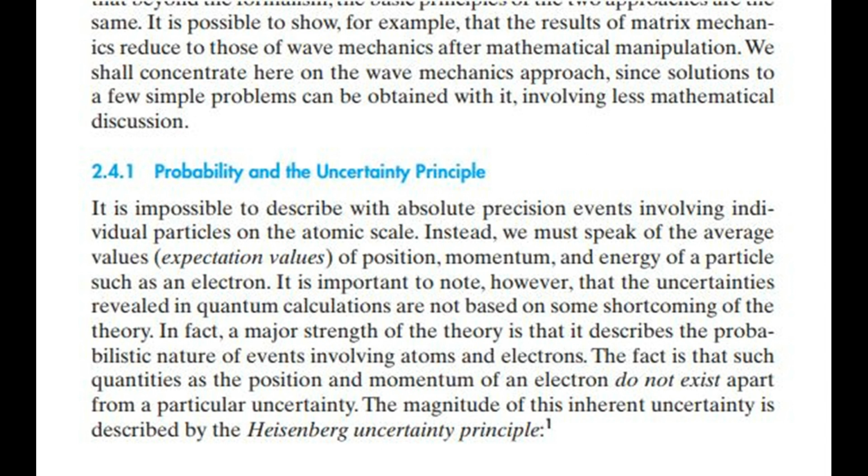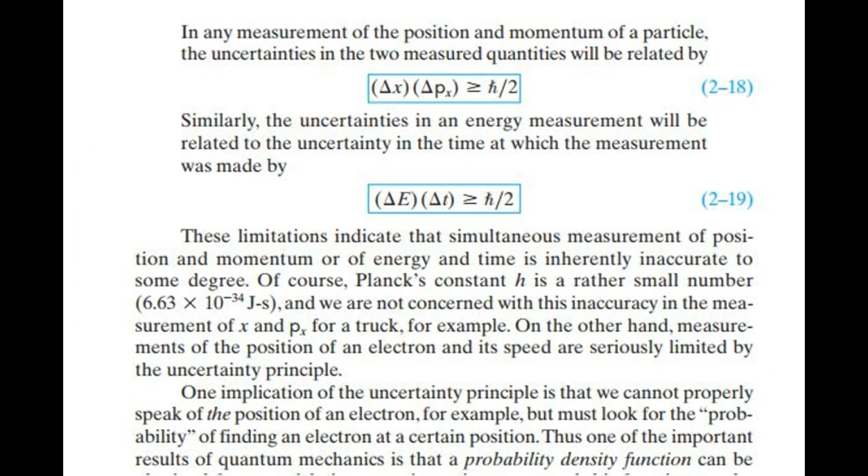In fact, a major strength of the theory is that it describes the probabilistic nature of events involving atoms and electrons. The fact is that such quantities as the position and momentum of an electron do not exist apart from a particular uncertainty. The magnitude of this inherent uncertainty is described by the Heisenberg uncertainty principle. In any measurement of the position and momentum of a particle, the uncertainties in the two measured quantities will be related by